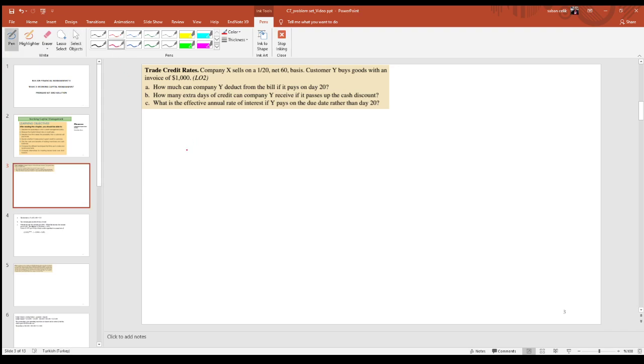The first problem is about trade credit rates. Company X sells on a 1/20 net 60 basis. Customer Y buys goods with an invoice of $1,000. So we have three questions here. Let's first understand what we mean by this notation, 1/20 net 60. So this 1 represents the percent discount